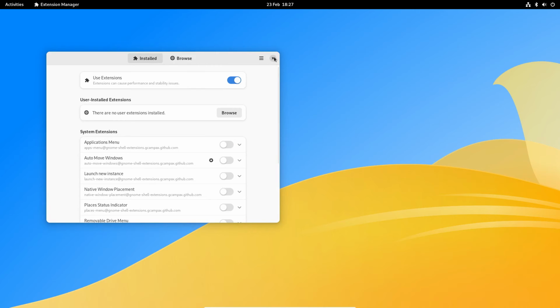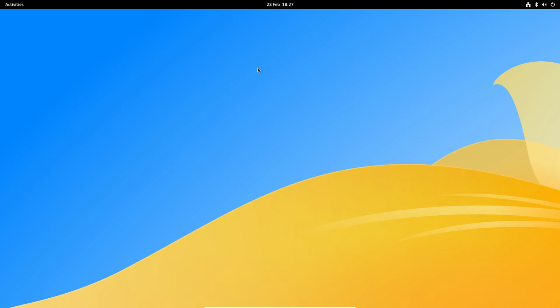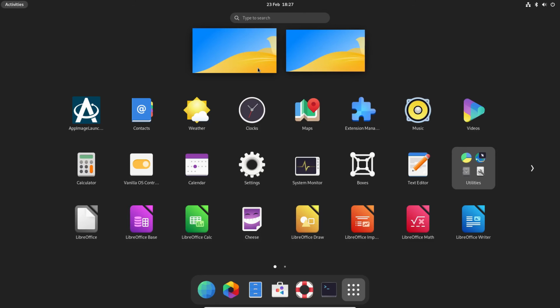But by default it's the stock GNOME desktop environment. When it comes to installing new applications, this is kind of key. So we've got GNOME Software, I believe. So down here,